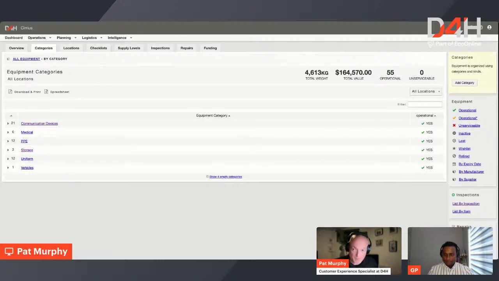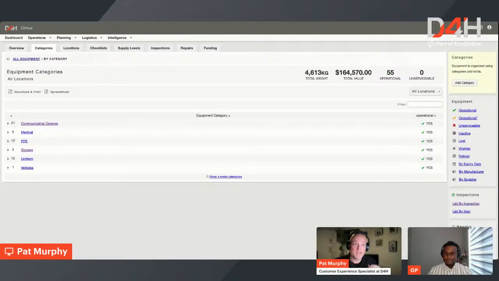So basically the goal here is to digitize your inventory. Where is the item? Is it in the fire truck or the ambulance? Or if it is in the ambulance, which compartment is it in? Who has the item? Has somebody checked it out? Is it fit for purpose? In need of repair? Have resupply thresholds been reached? These are all the kinds of things we're trying to track here in D4H and simplify for you and your team. But the first step in that process is to have your equipment organized,